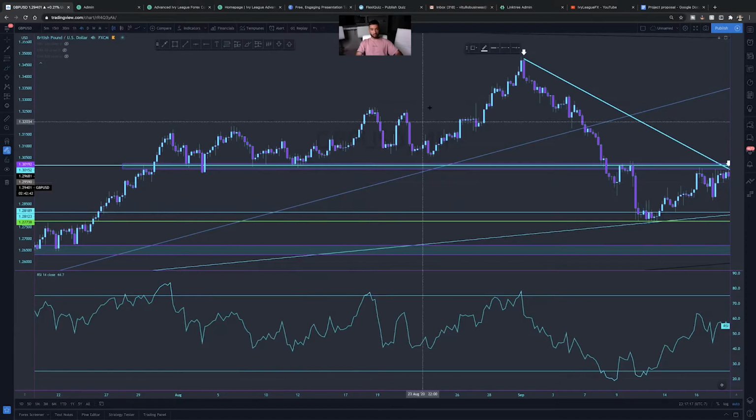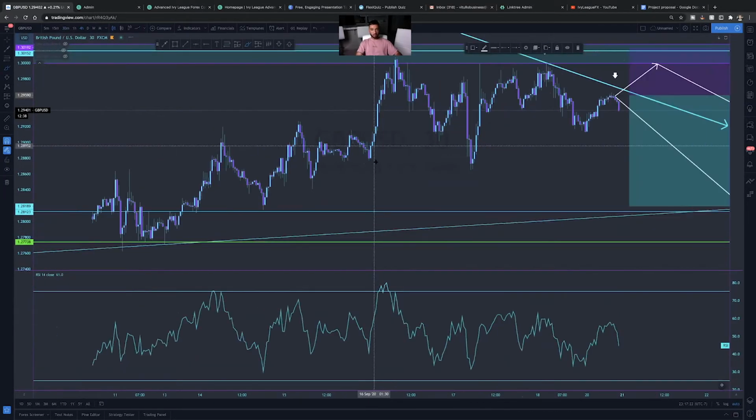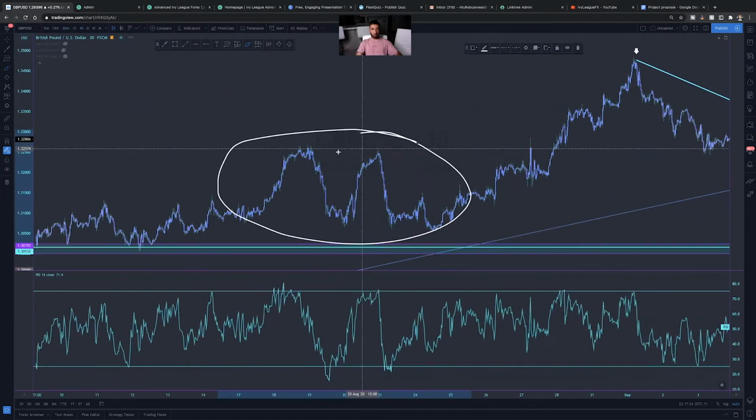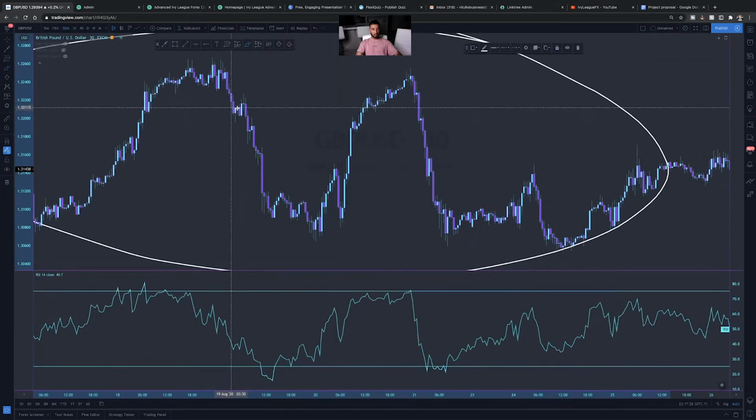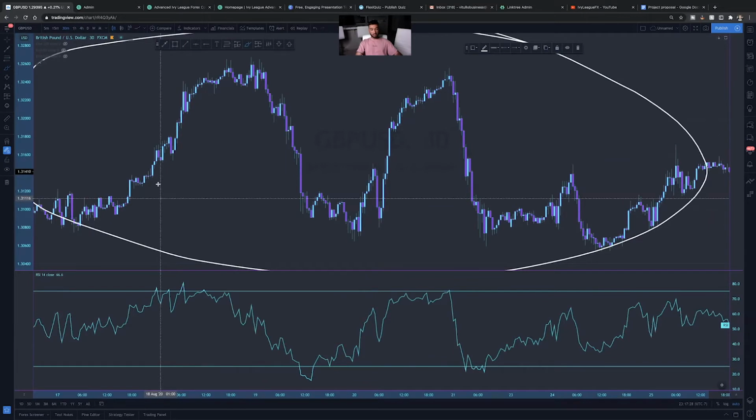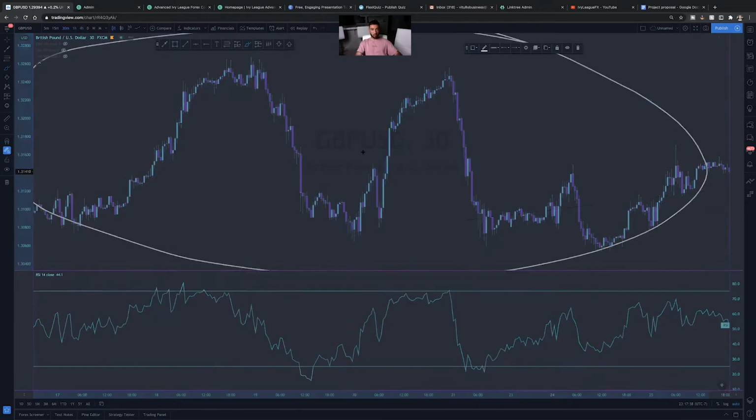Now, just for an example, I'm going to circle this, and let's go down to the 30-minute. So I circle it to remember where we were. Okay, so now 30-minute, we could have also seen that the RSI kept tapping that 75, but it was unable to break it because at this point in time it was overbought. So we know to start looking for signs of reversal. Now also, going back to the 4-hour,